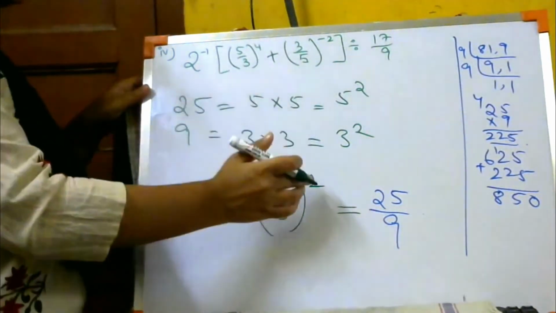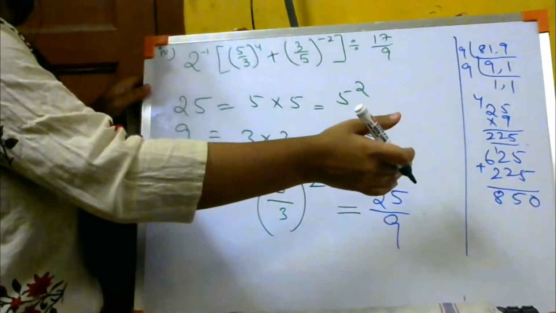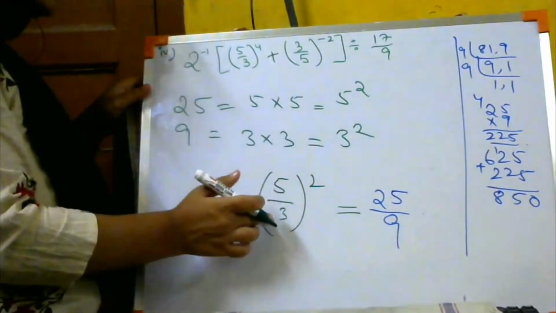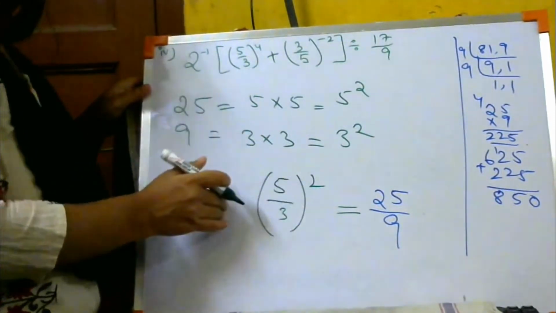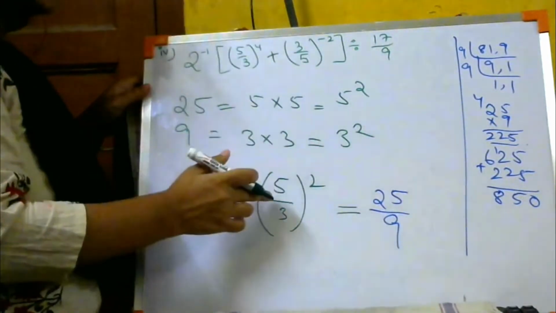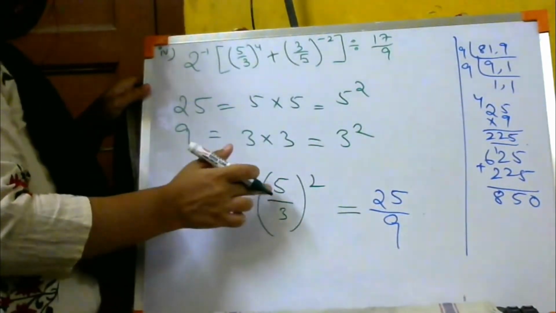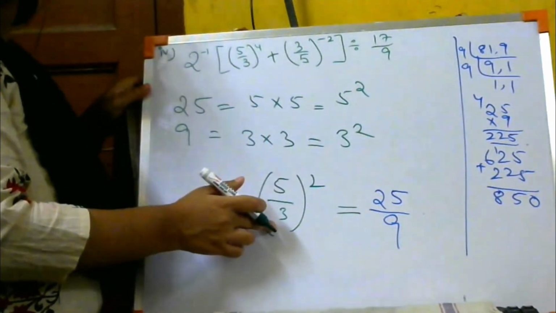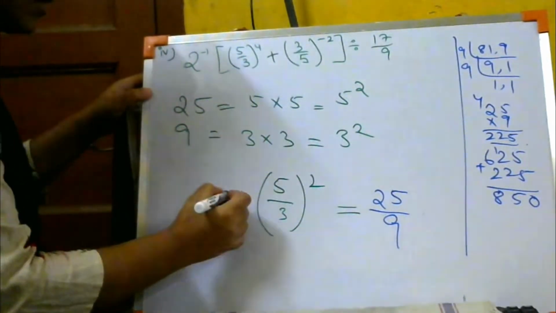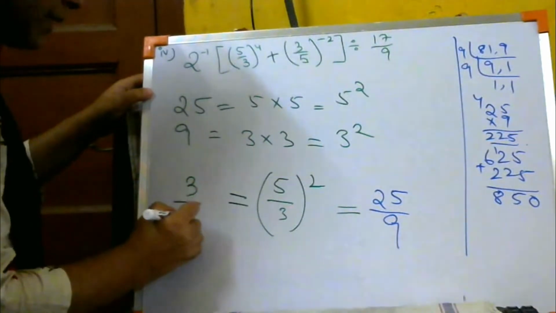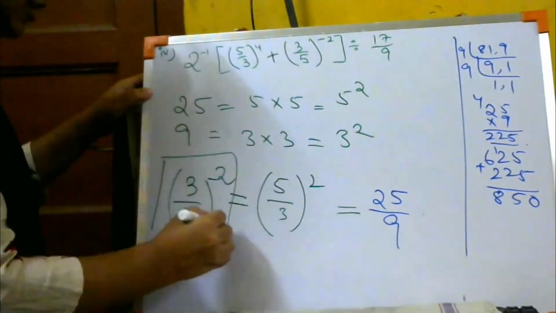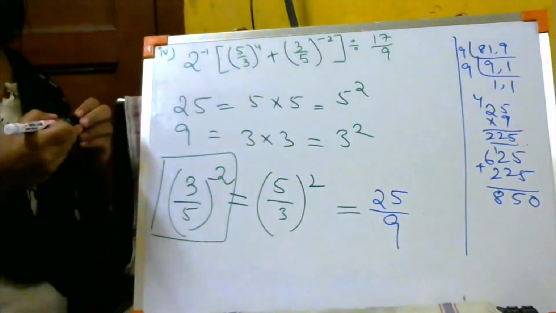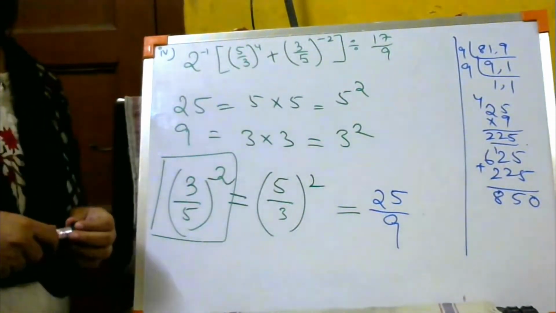Same thing. If you want to change positive to a minus sign, then also you have to write the inverse inside the bracket. And if you want to change negative to positive, then also you have to invert the numbers, all the numbers inside the bracket. So finally we are going to write 3/5 to the power -2. This is your answer. Finally we got our exponents in negative form. 3/5 to the power -2.